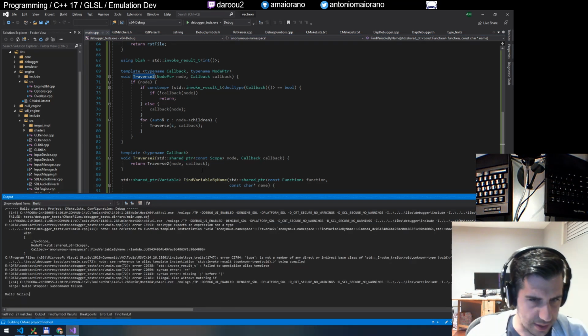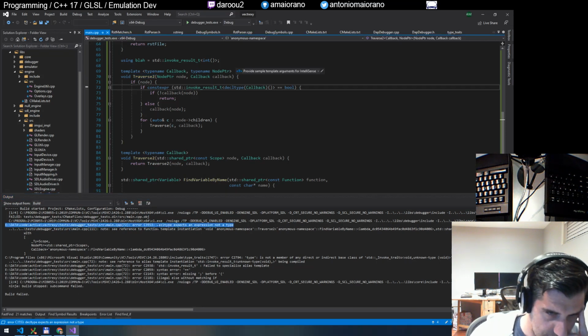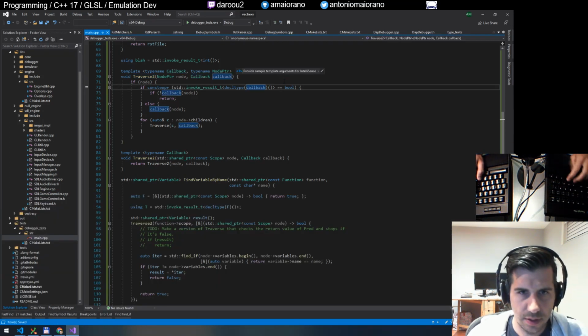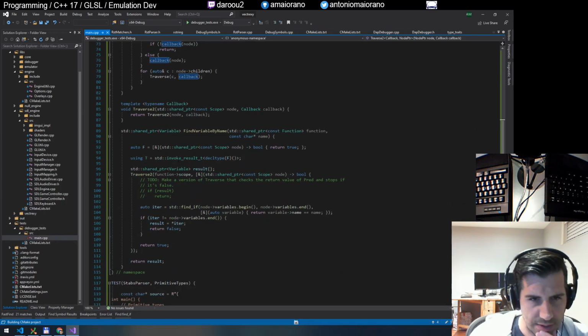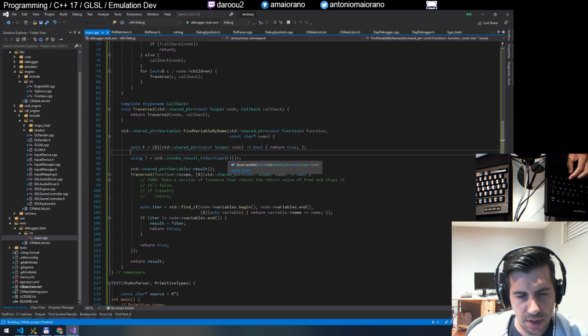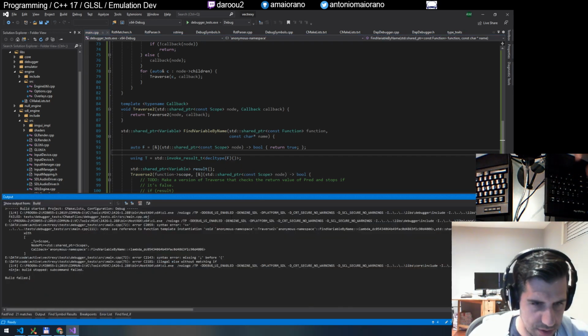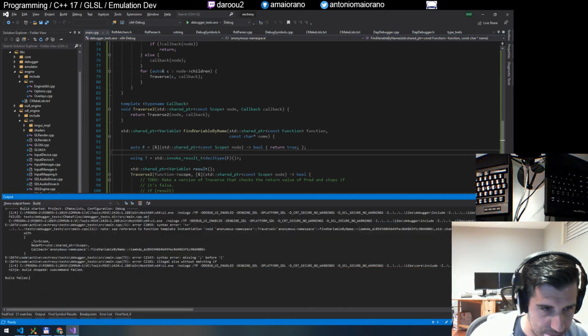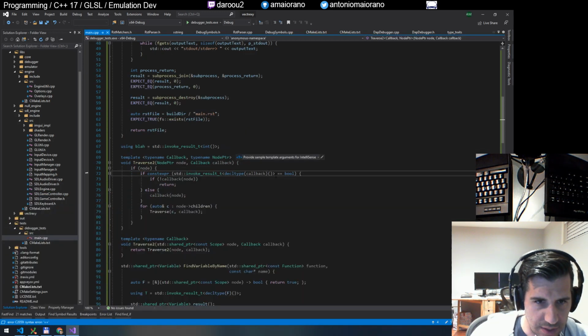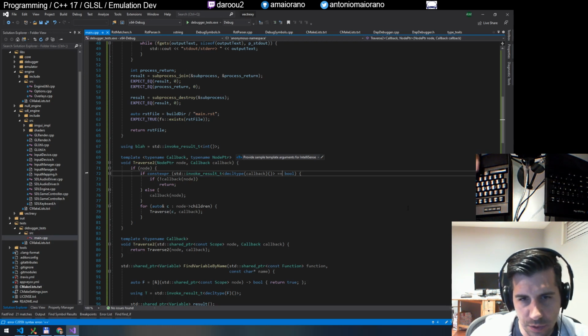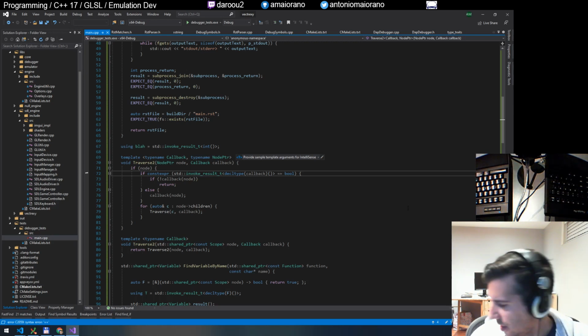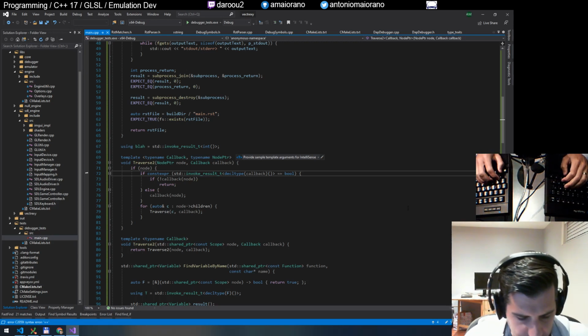Let's see. Still doesn't like it. decltype expects an expression, not a type. How is that any different from what I had here? F is not an expression. Oh yeah, it's a variable, that's true. Okay, so I think we're getting closer. Now it doesn't like this equals bool, which I think makes sense because we need,